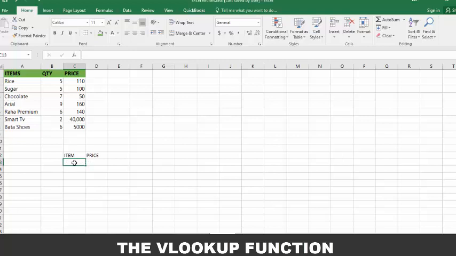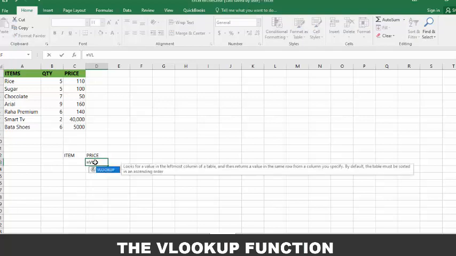So now here we'll be writing the item itself, and it will be showing us the price. So we are going to have our formula written here, because this is where we want the result. The formula result should appear here. So I'll just click there, and then I say equals, then the function name, that is VLOOKUP,